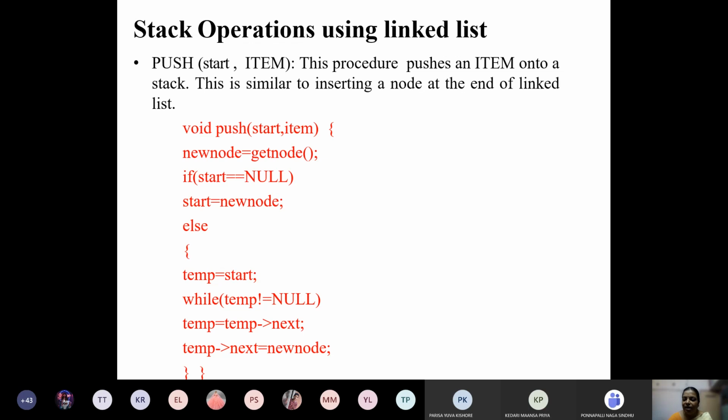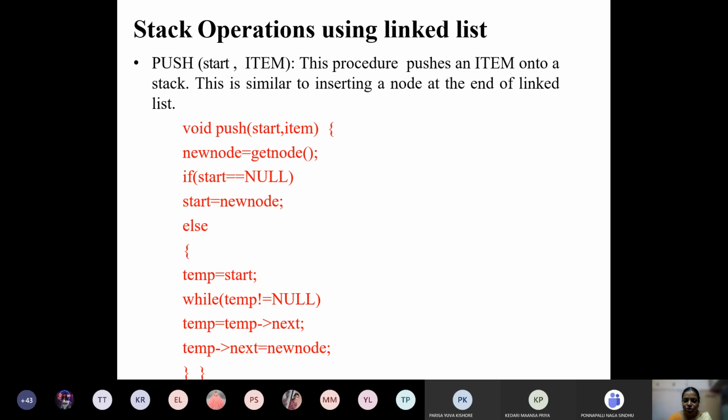Else, if the linked list and stack are already created and some elements are inserted, we take the start address into the temp variable and repeat the loop until temp of next is null, moving from one node to another, and then assign temp of next as the new node. That is, our new node is added as the last node of the linked list based stack. So we have performed the push operation by inserting a node at the end of the linked list.